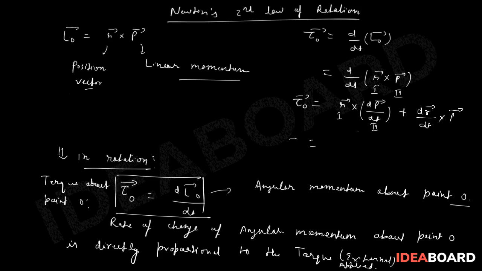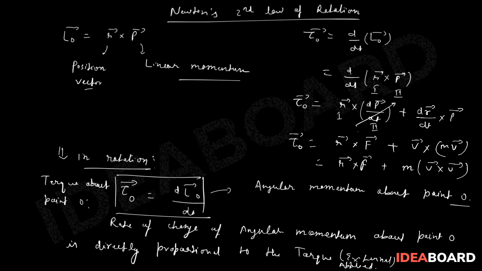Now here this torque will be equal to what? This dp by dt, we have already seen, is nothing else but F. So this will become r cross F, plus this is going to be velocity, and momentum can be written as mv. So this is r cross F, plus m can be written outside, and this is v cross v. Now you know that v cross v is going to be 0 because v into v sin 0 and n cap. So obviously if you apply the cross formula in vectors, this will be 0.